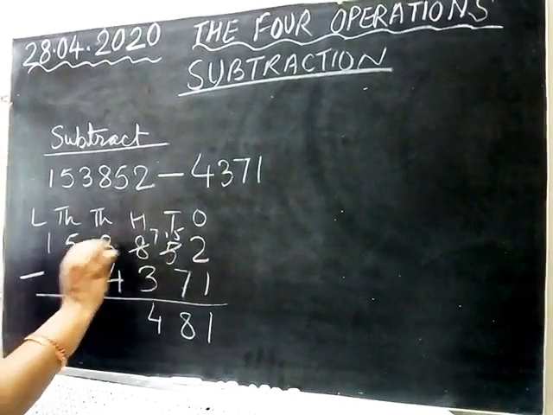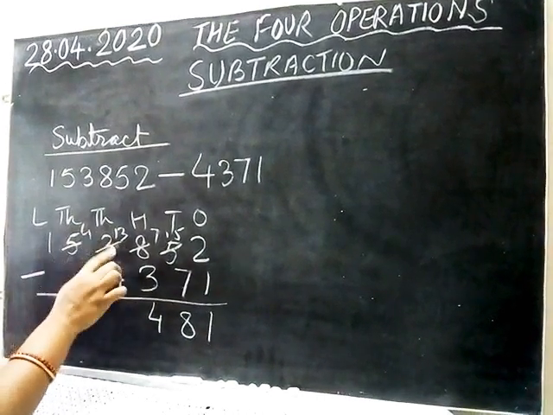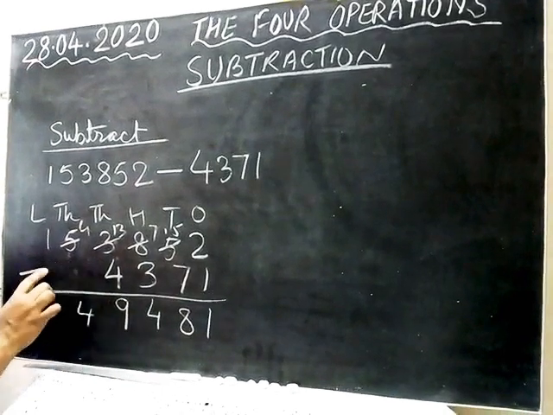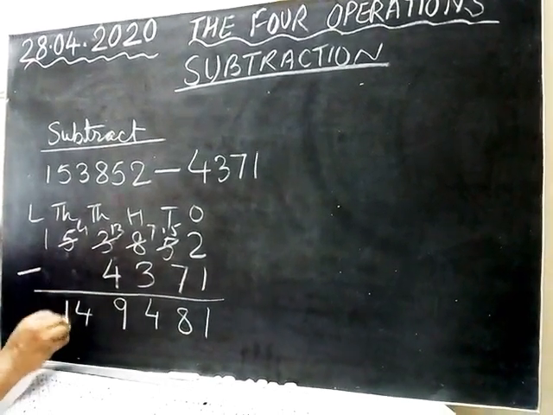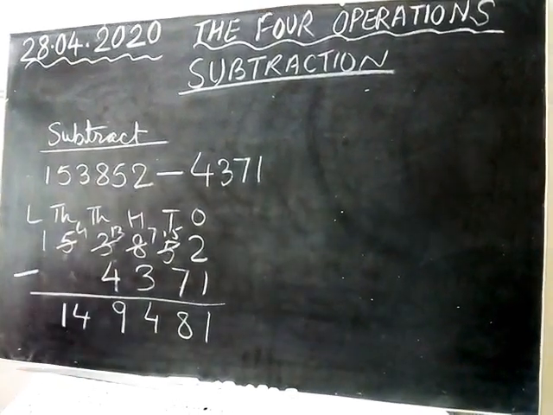Again this is a smaller number. So this will become 13. It will borrow from 5. Again regrouping. So 13 minus 4 is 9. 4 will be copied down. Here is nothing. That means it is 0. So this is simple subtraction. This you all know, and I know you all can do it.